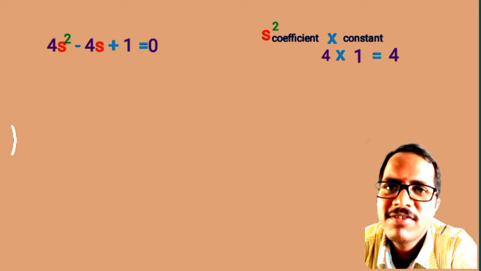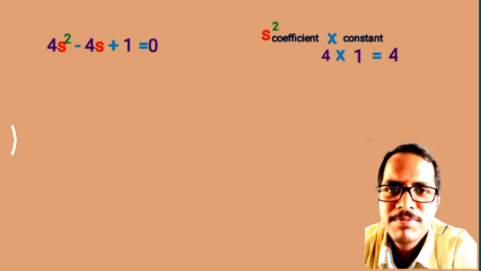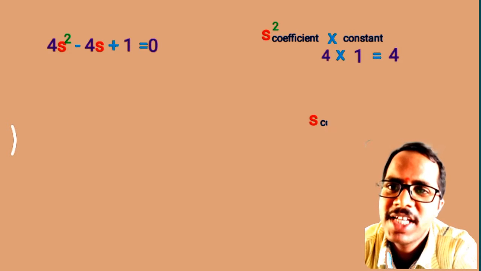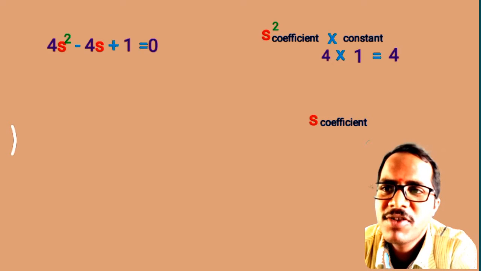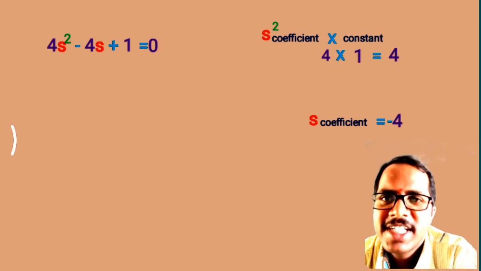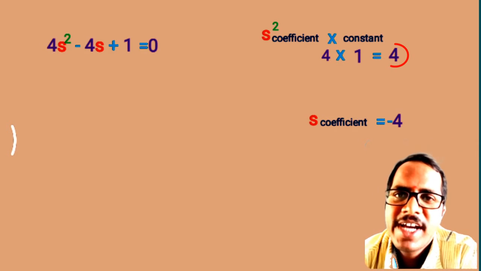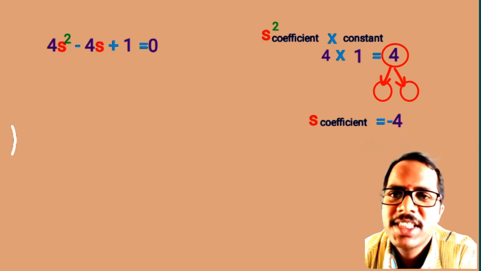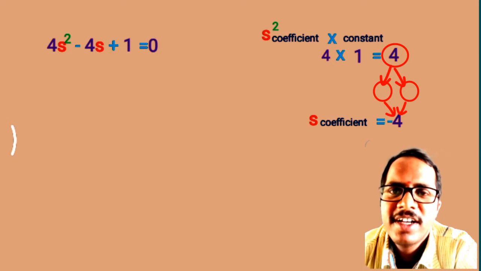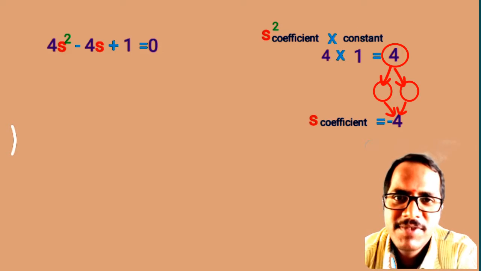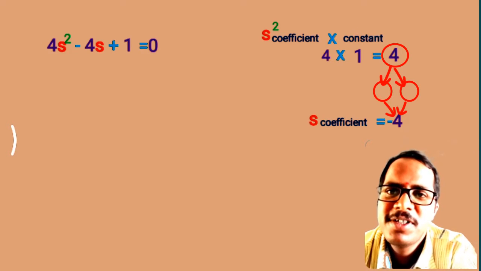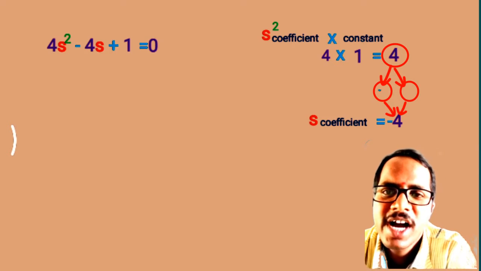And we need to think of a suitable pair of factors for 4 such that the sum of those two factors must be equals to s coefficient. So what is the coefficient of s here? We have minus 4. So we need to consider a pair of factors for the product 4 such that the sum of those two factors must be equals to minus 4. Now tell me which pair of factors we need to take for the product 4. Very good. We have to take minus 2 and minus 2